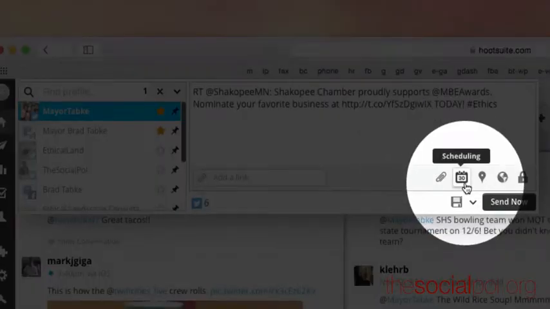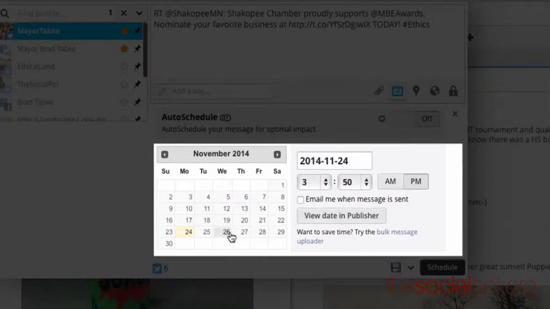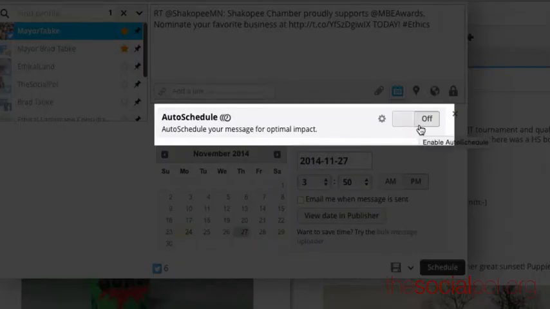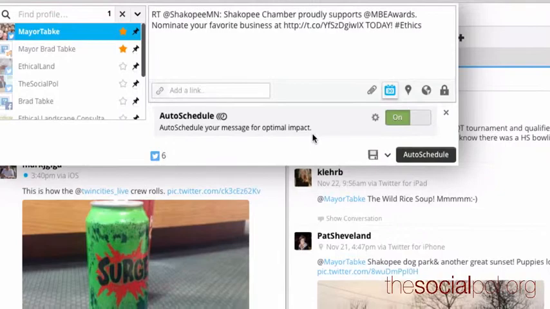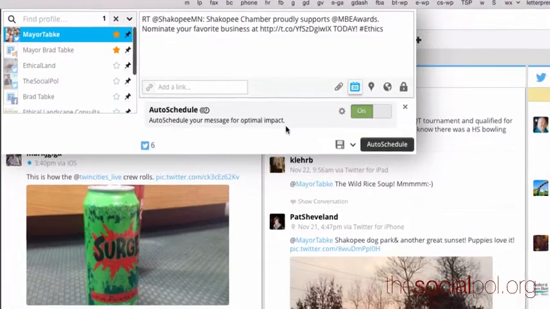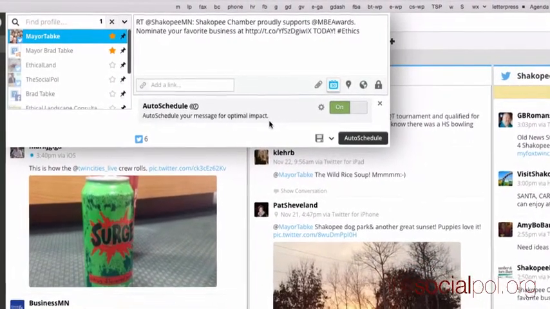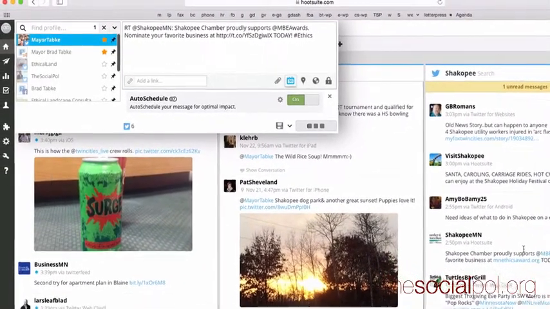And so then if you click on this scheduling right here, you have a couple different options. One, you can schedule for a specific date and time. So if you want to schedule for Thursday at 3:50 p.m., you can do that. Or you can use this little button, which I love. So this is the auto schedule. You put it on here, and Hootsuite automatically will schedule it for optimal impact. So what that is, if you schedule 5 or 6 tweets, it spaces them out through the course of the day. So it's not boom, boom, boom, one right after the other. It spreads them out through the day. So you just hit auto schedule there, and it is scheduled.